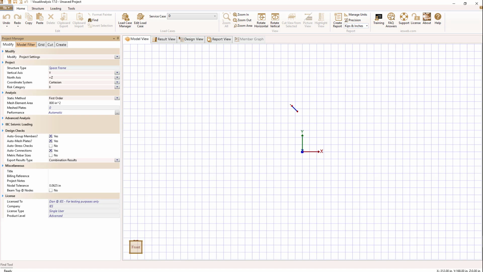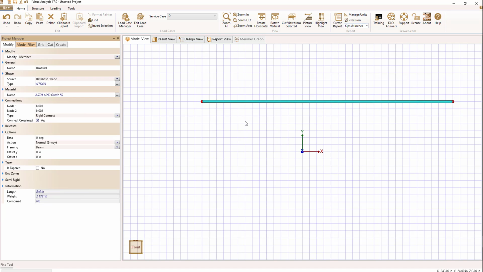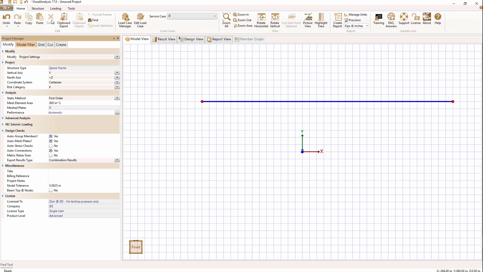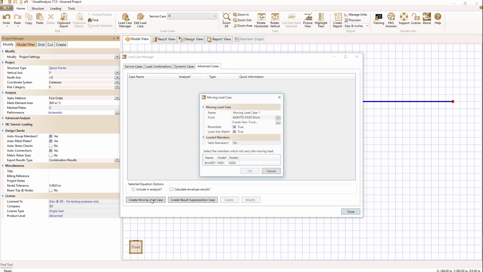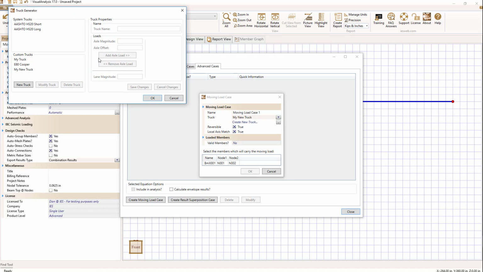For example, if I draw a member here, and let's put a moving load on it. So let's go to Load Case Manager, Advanced Cases, Create Moving Load. Let's look down here in my available trucks. Sure enough, my new truck is located, and I can select that. If we want to look at this information, we can click on this